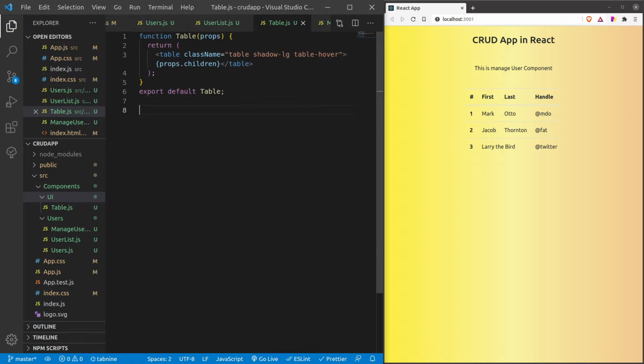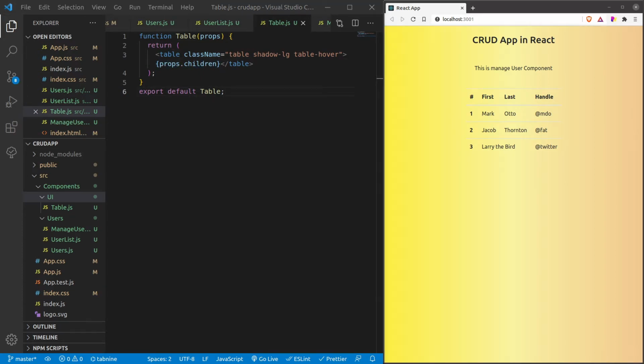My idea is that it should be the table component, and inside the table component I am going to create, let's say, table head, and then table body. So I am planning to do something like this. That is why we are using props.children. Whatever we want to wrap inside this component, we have to use the convention called props.children.